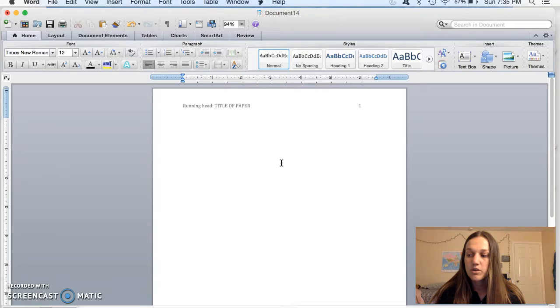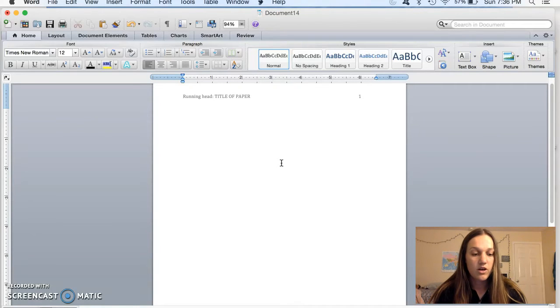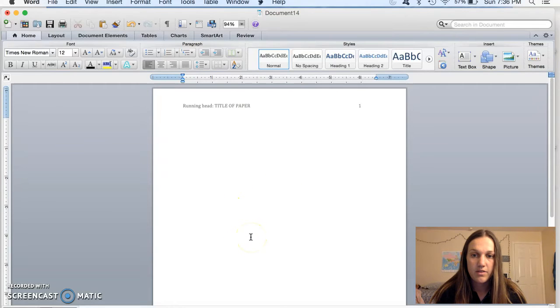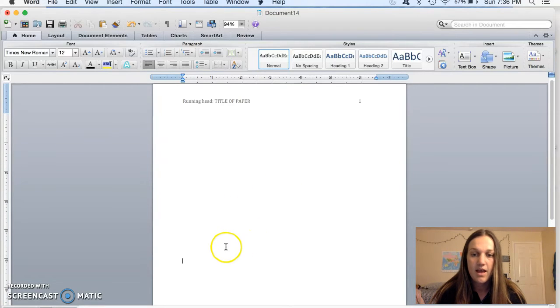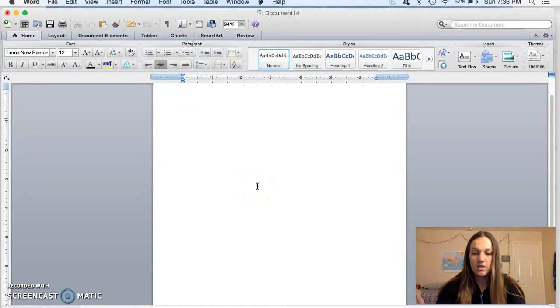And now to work on our title, we're going to center it. So we're going to use our enter key and go to about the middle of our paper. And I think I need a couple more tabs. I'm going to find about the center, and then after finding the center, you're going to click right here where it says center text, and in here we're going to do our title page, and we're going to put our name,